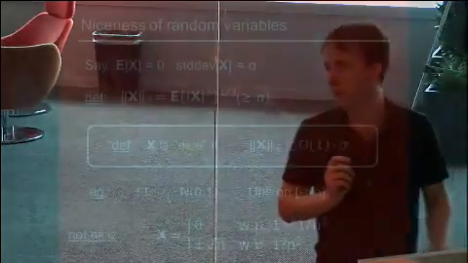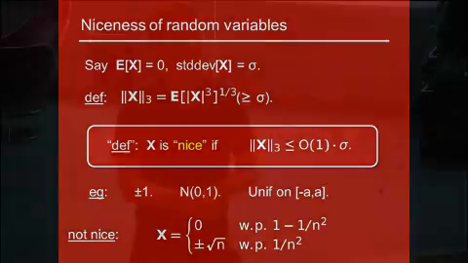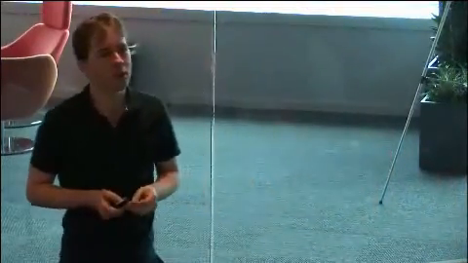So in order to make this work, you need to assume that the random variables are somewhat nice. Okay, so there are different ways you can make that precise. Here's the simple way that I'll talk about on this slide. What does it mean for a random variable to be nice enough that the central limit theorem is true? Let's say you have a random variable x, its mean is 0, and by scaling, its standard deviation is some number sigma. And let's define the 3-norm of x to be the expected absolute value of x cubed, to the 1/3. So it's like the third absolute moment to the power 1/3.